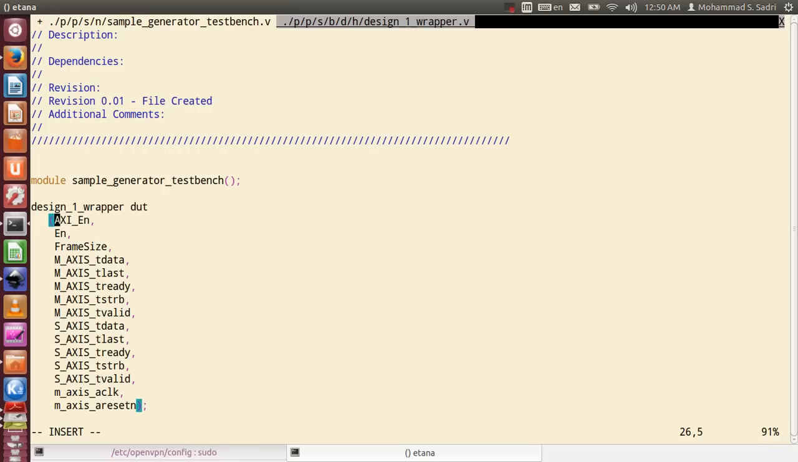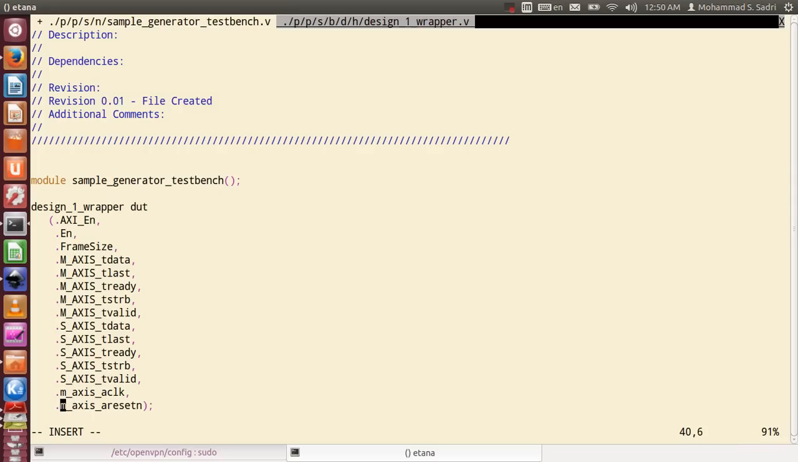So we do the boring step of defining these as ports. There are some automatic ways of doing this, of course. And then you have signals which are inside the test bench and will be connected to these ports, and for these signals I define them with exactly the same name as the port. So frame size, then AXI T data,